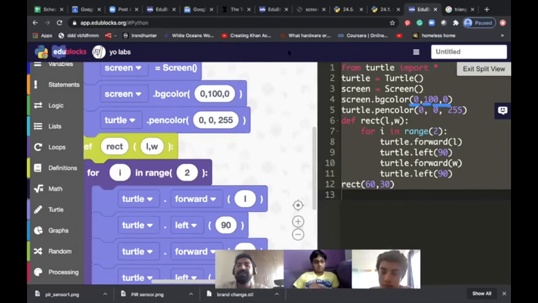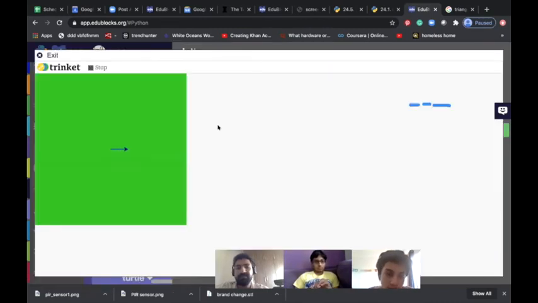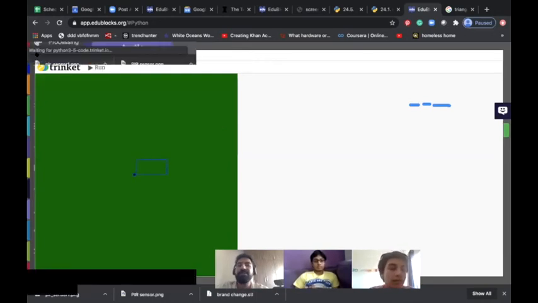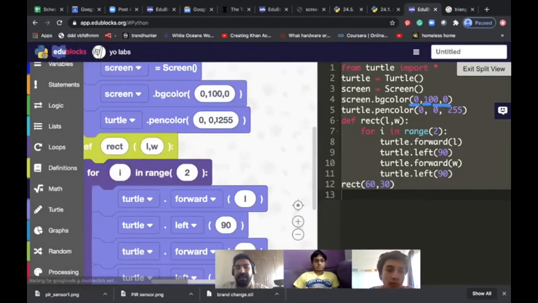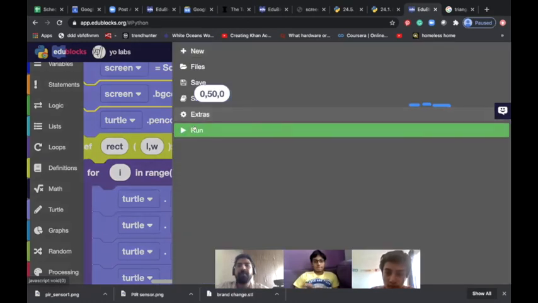When you start listing terms like greenish black or blackish green, these are the colors, right? So it becomes dark. If I put it lower, it will start looking like black. And when we come to 0, it's super black. But let's see. This time I will put 50 only.